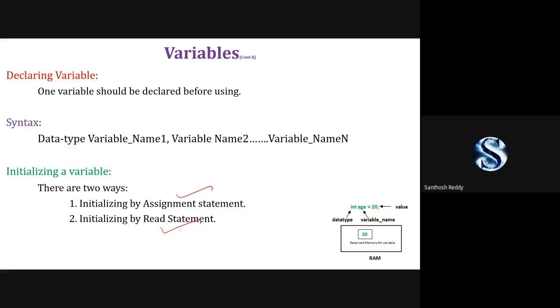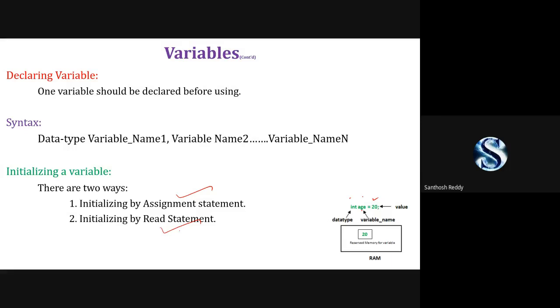The assignment statement uses the data type, a variable name, equal to, and a value. This is how your assignment statement works.